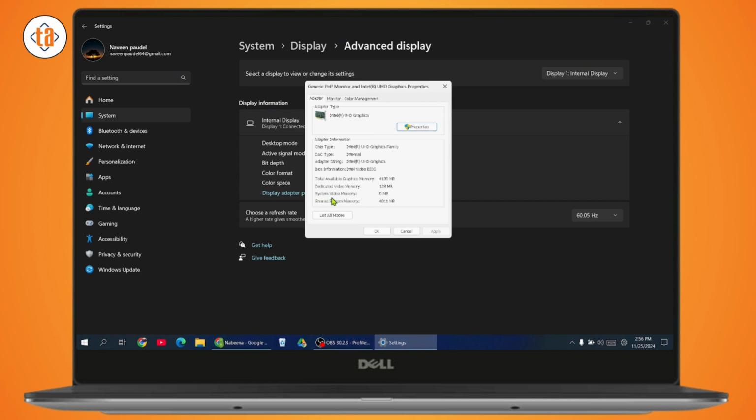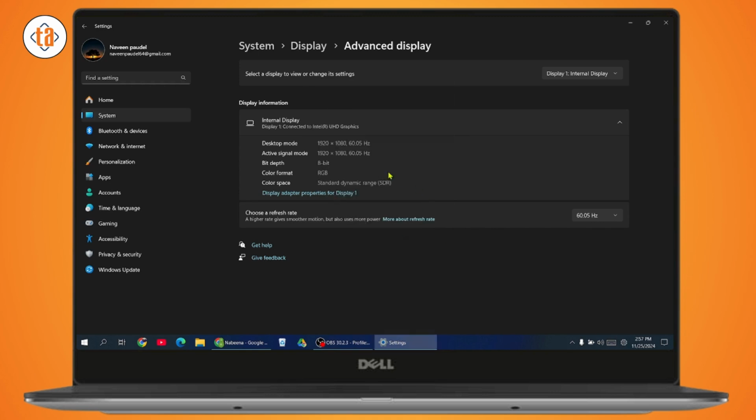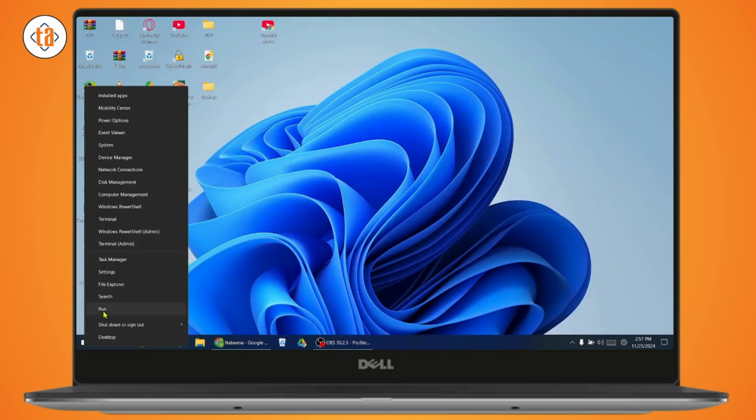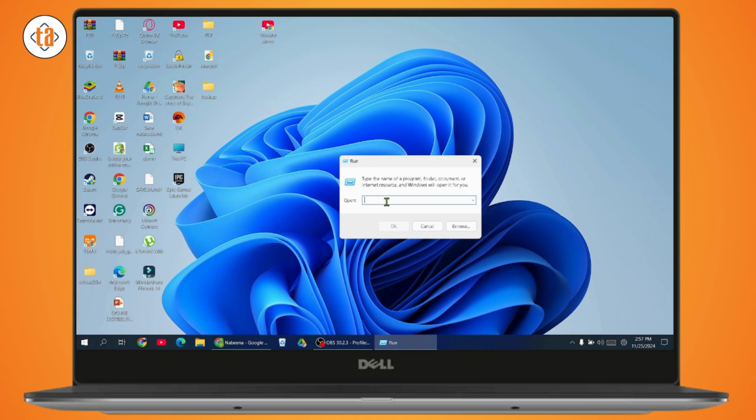Now here you will have your system video memory or shared system memory, dedicated video memory or total available graphics memory. Here you can see that I only have 128 MB as dedicated video memory. So if you want to increase that, just go with cancel and now right click on your Windows, go with run and you will have a run window. Once you have the run window, type regedit,